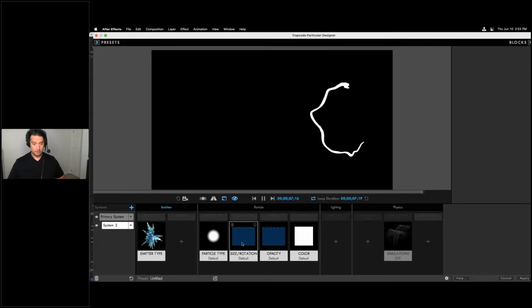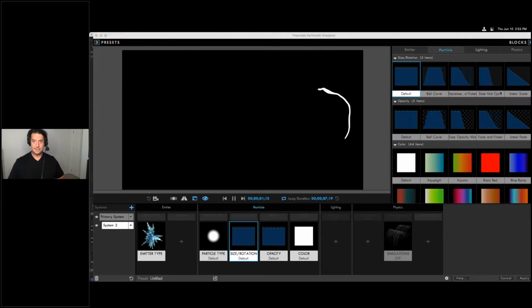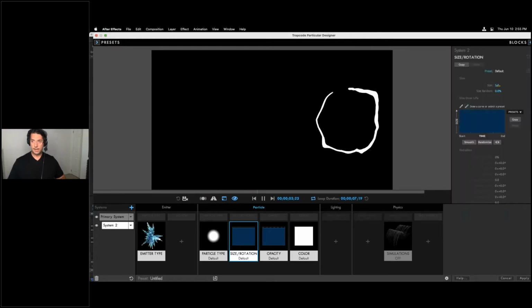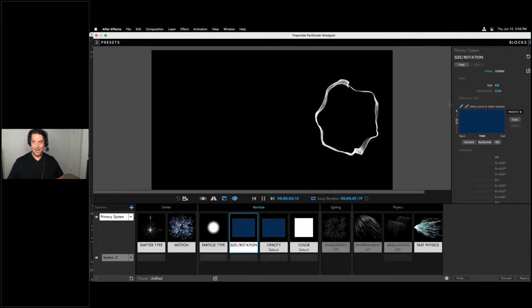We can start to see those particles being born. To see this even better, I'll actually go to the size of these particles, the size block, and I'll decrease this to a value of 1, so they're a lot smaller, and in fact add a bit of randomness. Let's make this a value of 35. And in fact, to have even more of these particles or more of this system that's emitting from parent, I'm going to go back to the primary system,